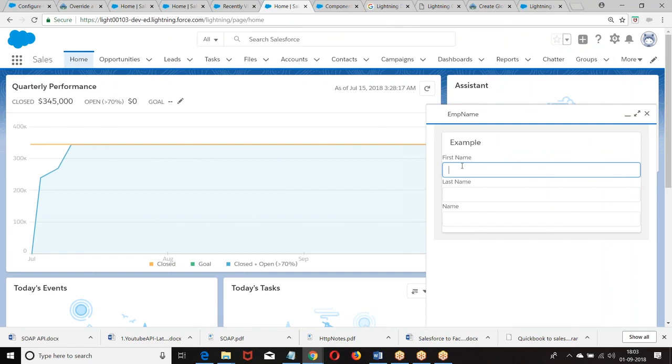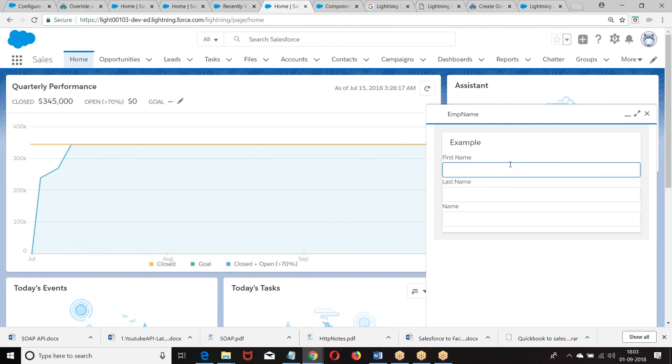We click on the EMP name. This is how we got last name, first name. So this is a quick action. Now it is up to your choice. When you click on it, you can create buttons there. When you click on that, you can go to the controller, get the records, insert the record, whatever you want to do is the same operation. Now here the only difference is how to create that action.